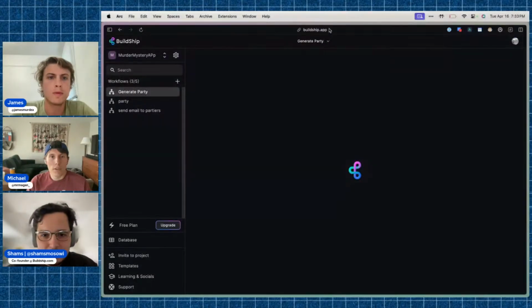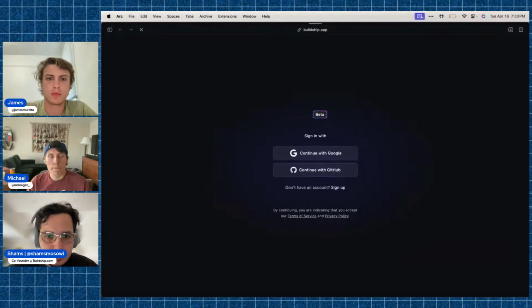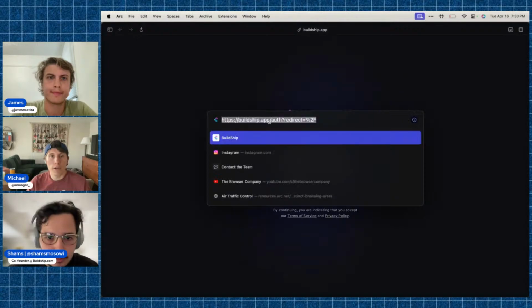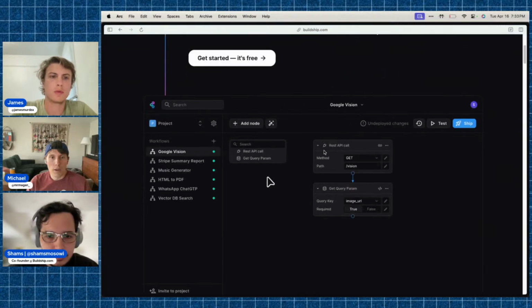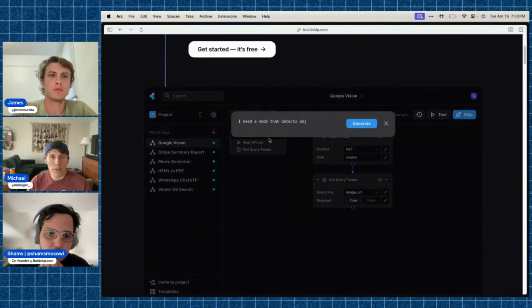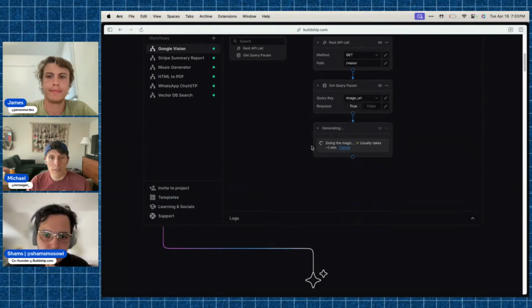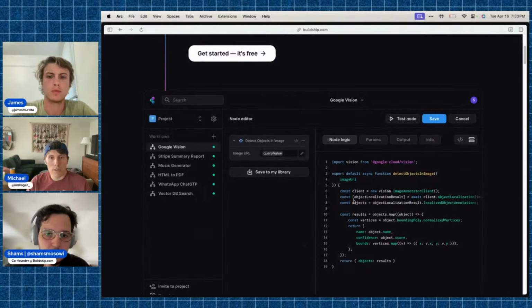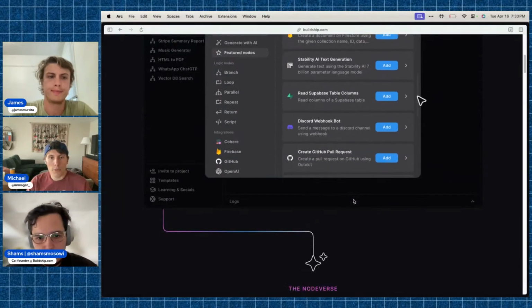Let me go to the landing page. Yeah, BuildShip.com for the website. If you scroll down, you can inspect this one as well. Cool. But this almost looks like just a GIF. Yeah, but it's an animation. A GIF would be too slow. This one uses Rive app as well. Wow, that's cool.